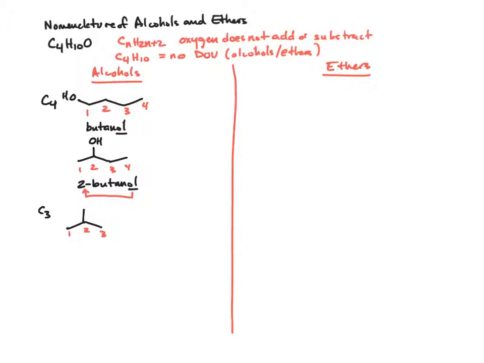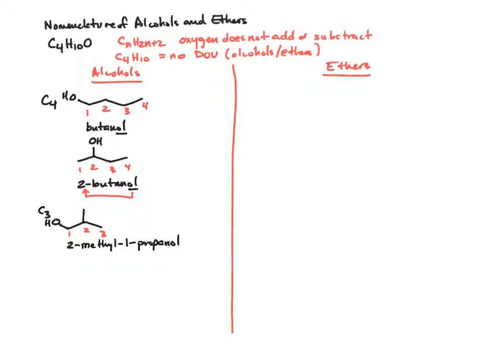Now we need to add the alcohol. Let's just add it to position 1 to start off with. So instead of propane we have propanol, and we have a 2-methyl group. So we're going to say 2-methyl-1